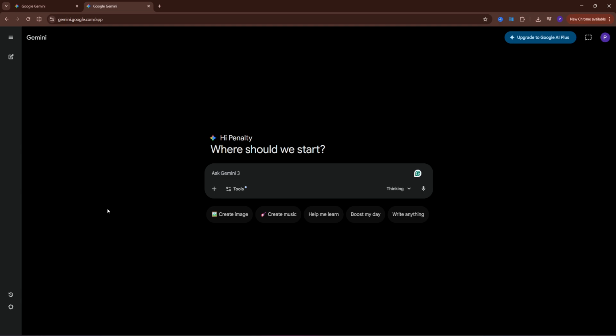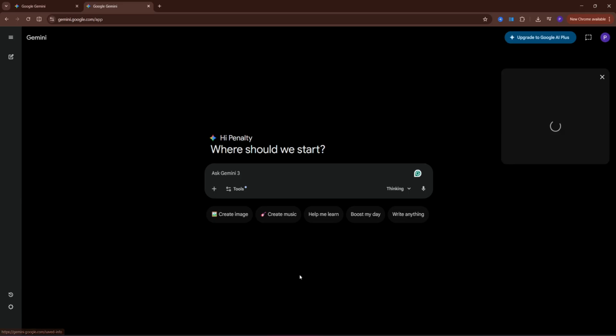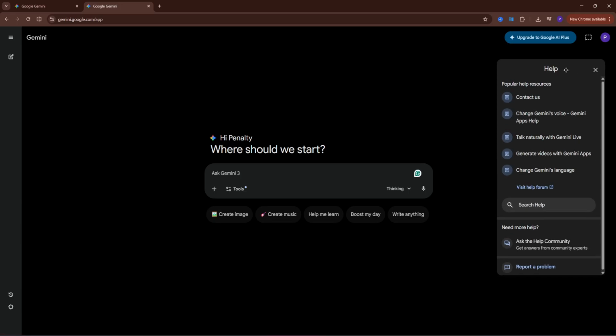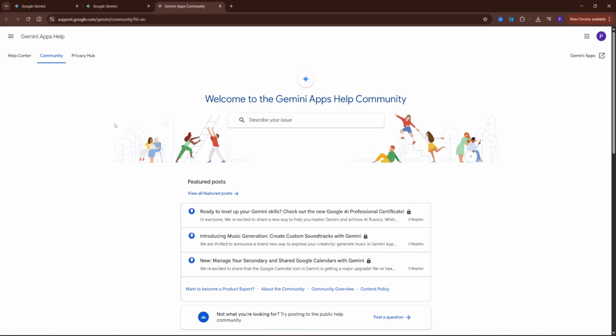Just go here to the left bottom corner where you will see this gear icon. Click on it, and here at the end you will see help. So then hover over and help center, click on that, and on the right side will open up this pop-up window where you have some popular help resources, but you can also visit help forums, which are right here,